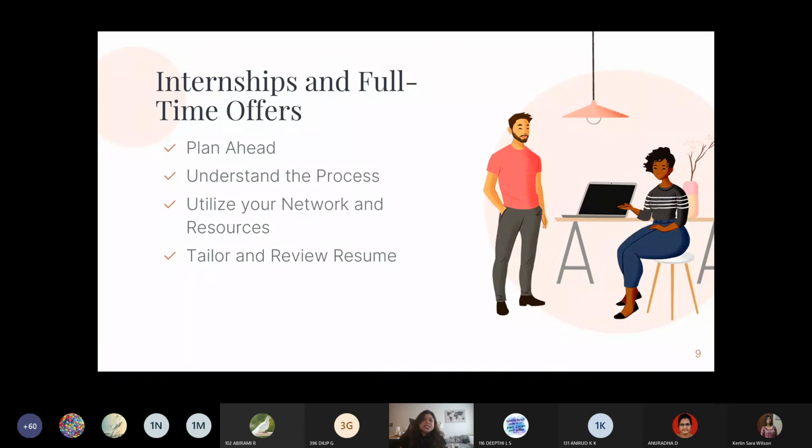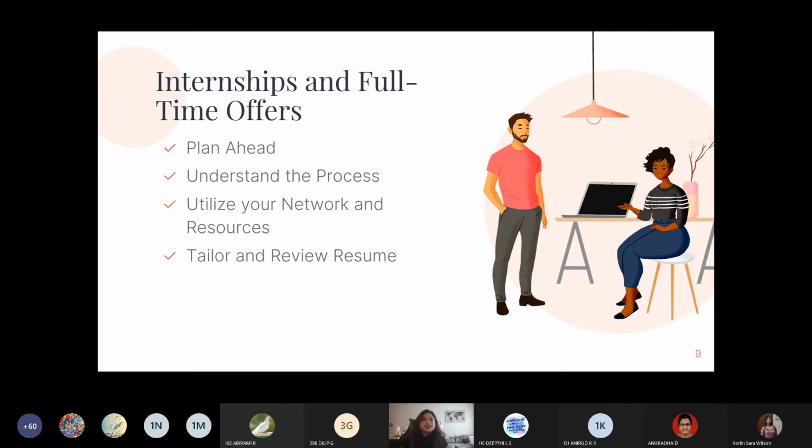So what are some of the things that you need to keep in mind when you consider internships and full-time offers? Plan ahead. From day 1 when you land, just have an idea of what you want to do. I'm not asking you to start working right then. Just speak to people, your seniors, your alumni, and get an idea of how the process looks. And also keep track of the timeline, because there are summer internships and winter internships. For summer internships, you apply at least 6-7 months ahead. So just keep track of how things are turning out.